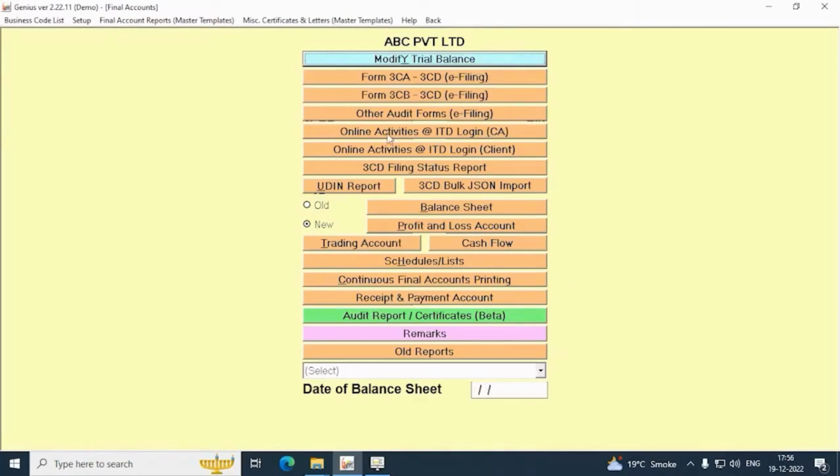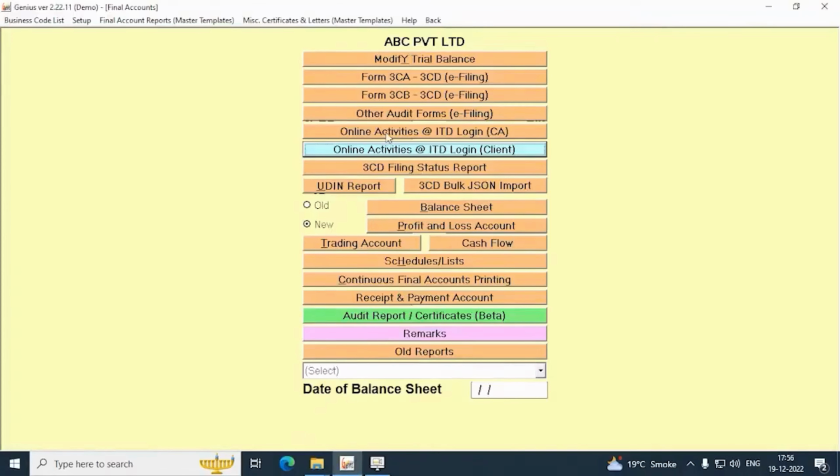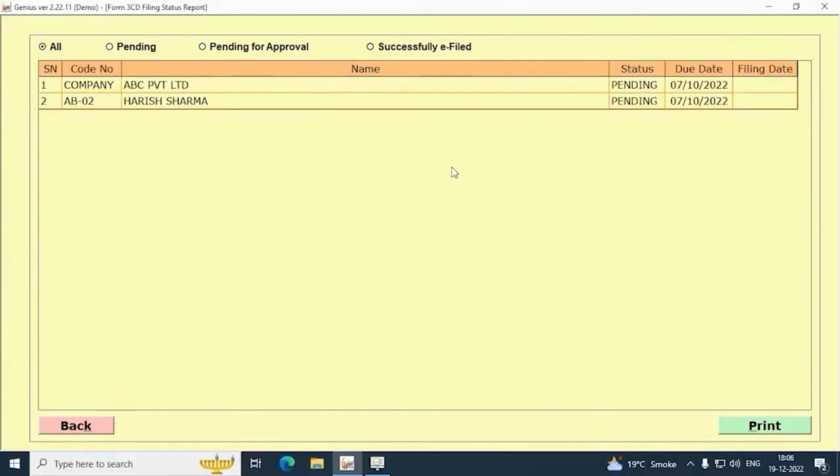Various other activities that are required to be filed by the client and CA, such as add CA, acceptance of forms, view forms, etc., are provided in the online activities at ITD Login CA and online activities at ITD Login Client. In the 3CD filing status report, you can check the status of 3CD filed by you, whether it's pending for approval or successfully e-filed or pending.